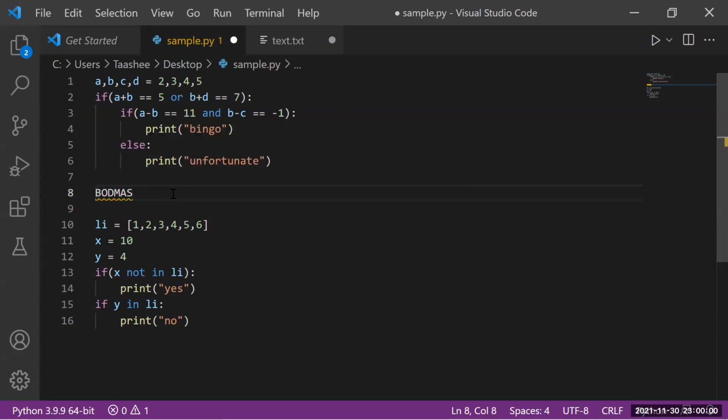Okay, let me give an example: 1 plus a brace, 2 plus 3, another brace, 3 into 5. What is the output of this? First, inside the bracket, 3 into 5 is 15. Then multiplication, then addition.